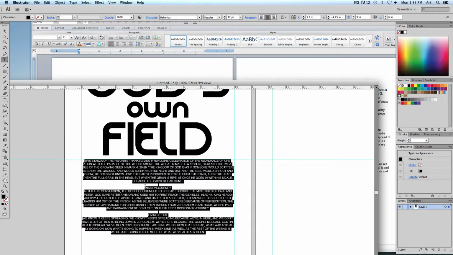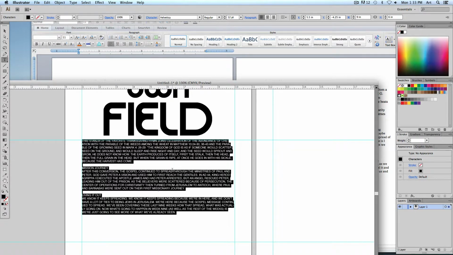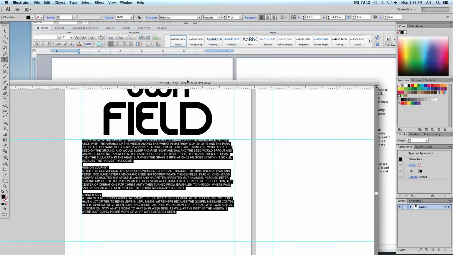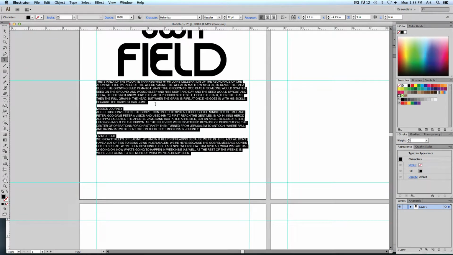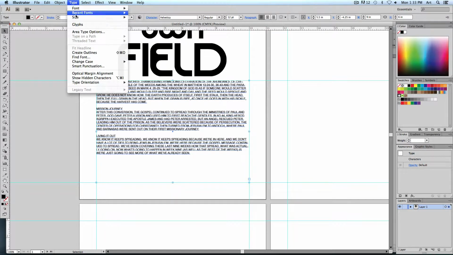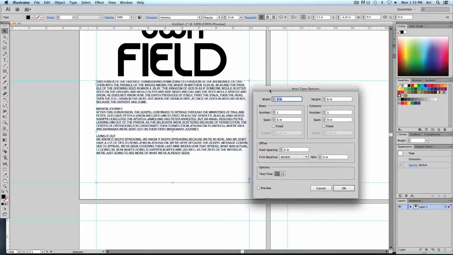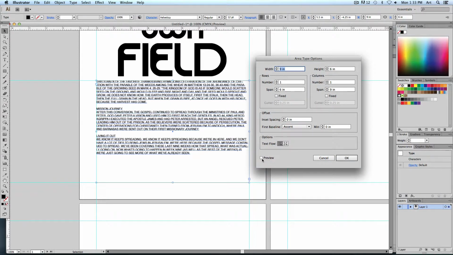Auto leading. So what I would like to do is, right now it's in one column of text. I want to divide this up into several different columns, 3 columns of text. You can do column text in Illustrator. So I've got my text box selected. Under type, go down to type options. Area type options, excuse me. And this will bring up this window. If I click the preview,